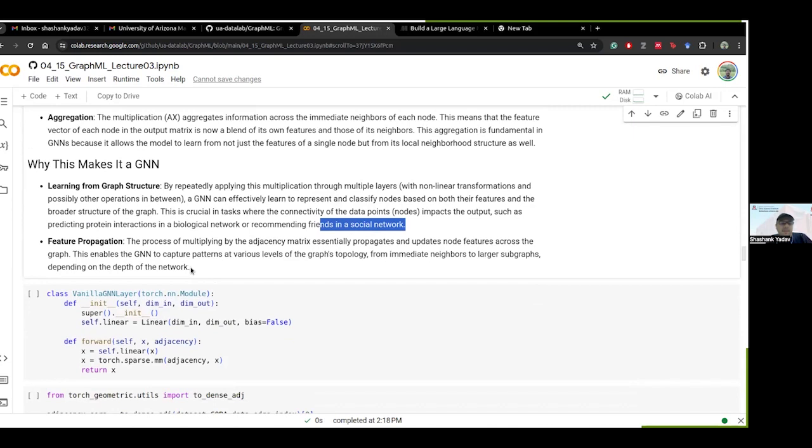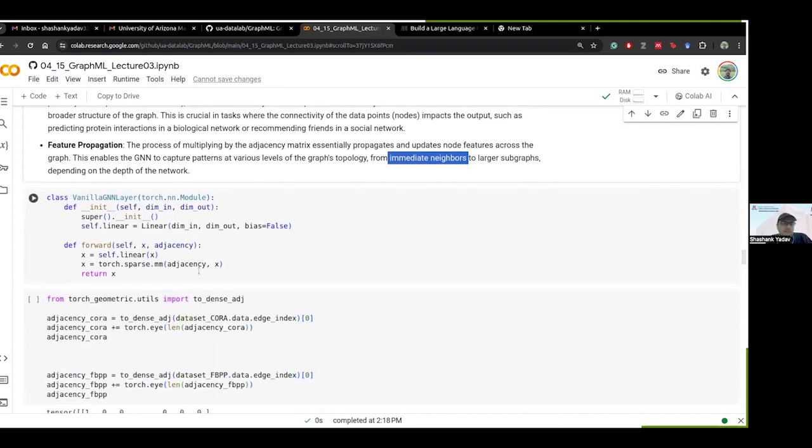And how does feature propagation happen? Since we multiplied by the adjacency matrix, it propagates and updates the node features. Instead of just using the raw node features, once you apply the adjacency matrix to the actual features, the node features get updated in each layer, in a way that learns the notion of connectivity in the graph. And if you repeat this for more iterations,